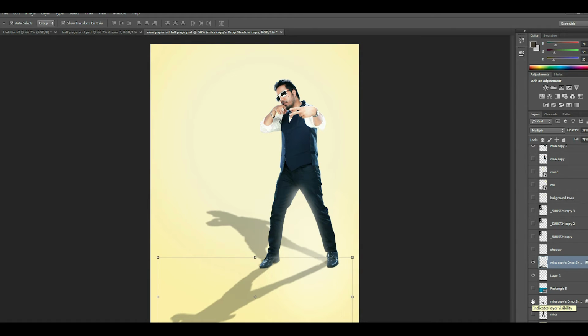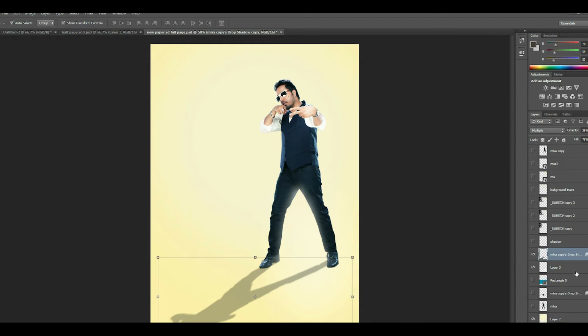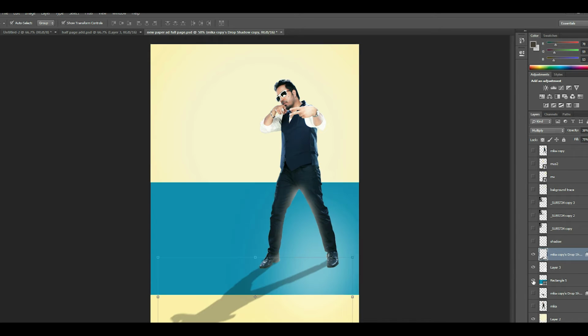Actually, previously I was putting this shadow, but later on I didn't like it, so I'm not doing it. So I'm done with placing the people, and now I'll make a base for the content. Okay, because I need the contrast in the design. I just want this box to be in the back of the character, and then